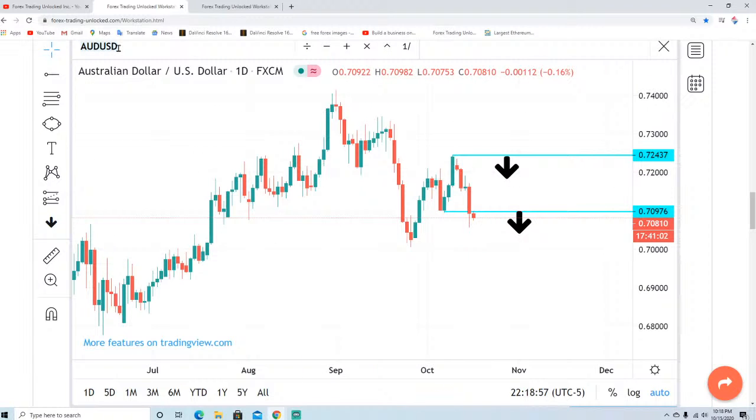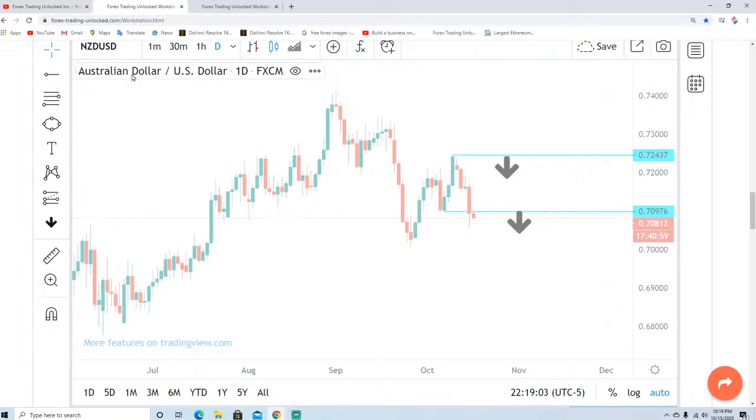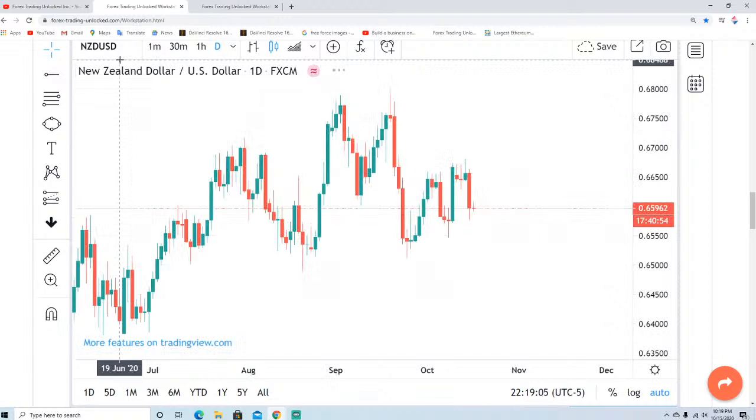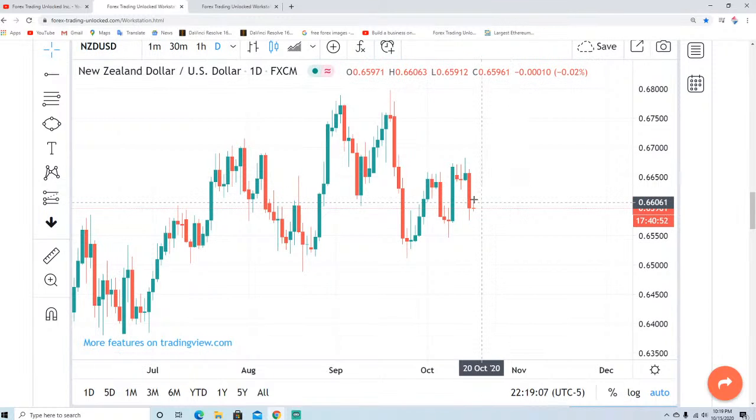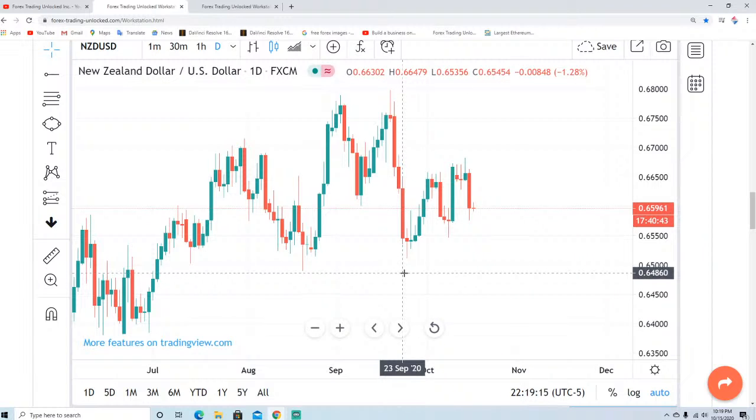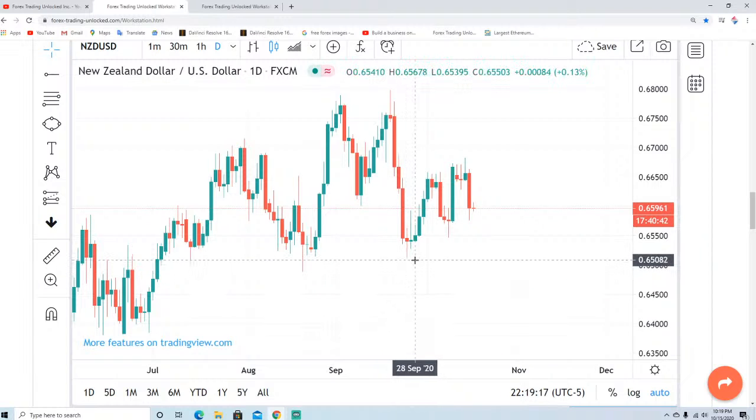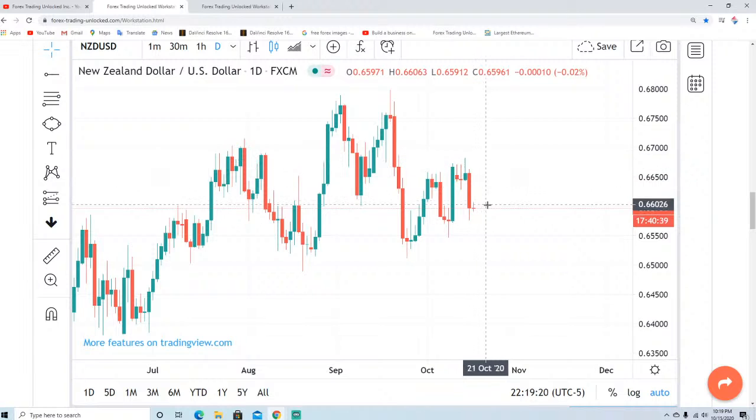New Zealand dollar, U.S. dollar, also we are looking to be a bear. And as you can see, today, this one is having a little follow through again, not as much as the other currencies, but it is hanging at near its lows, and this one as well, I think, did the same thing, where it had made a corrective move that had ended, and this one ended only a couple days ago versus the other ones that ended more than that. So this one is acting